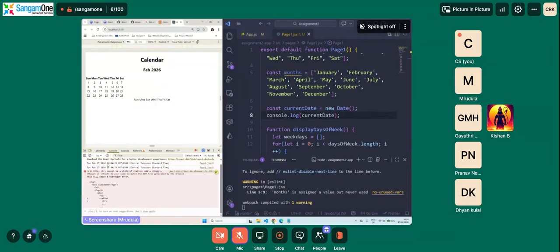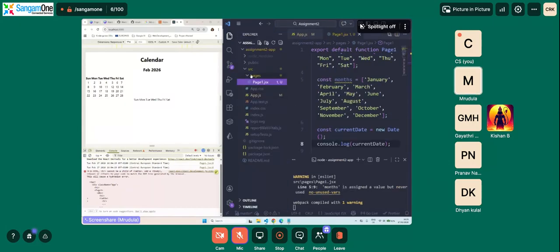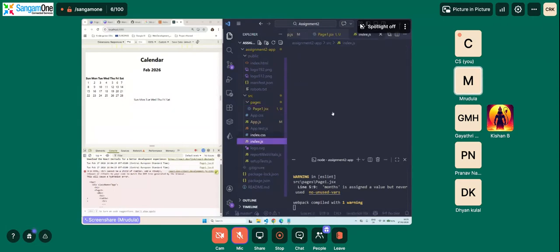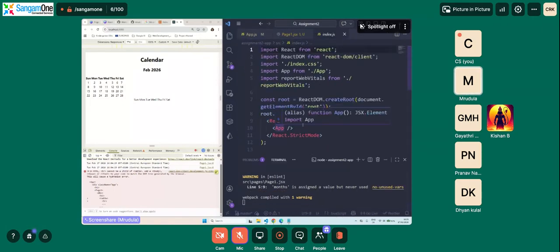One more important thing is, you can see it is getting displayed here twice. That is because we are using something called React strict mode. Strict mode runs the code twice in order to verify if there are any failures or errors. Just to be on the safer side, if you go here to index.js, here you have React strict mode.